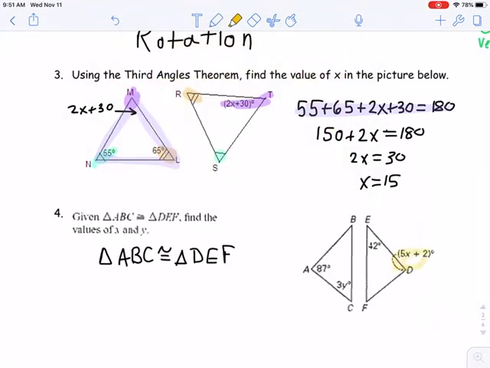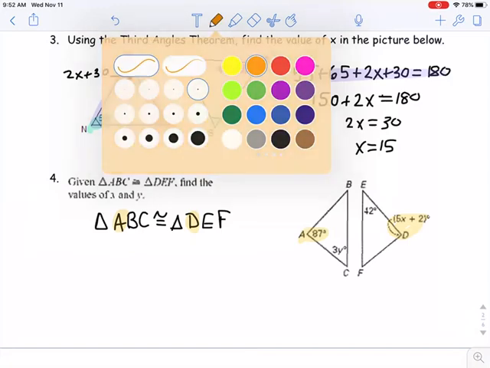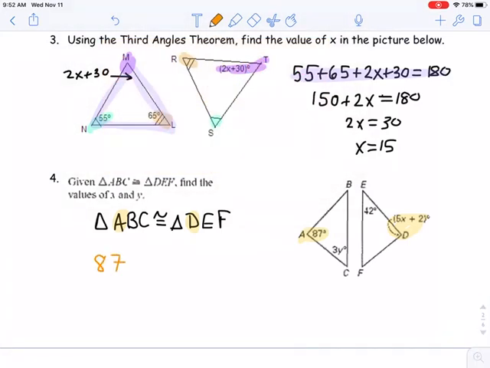Notice how D, 5x plus 2 is angle D. Well, D corresponds to A, 87. All right, so that means those angles are congruent. So that means that the angle measures are equal. So that means I'm allowed to say 87 equals 5x plus 2. Subtract 2 from both sides, I get 85 equals 5x, divide 5 from both sides, and I believe I'm making